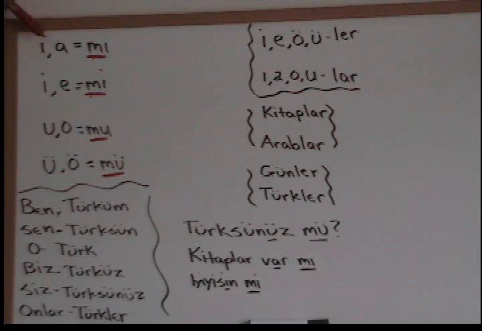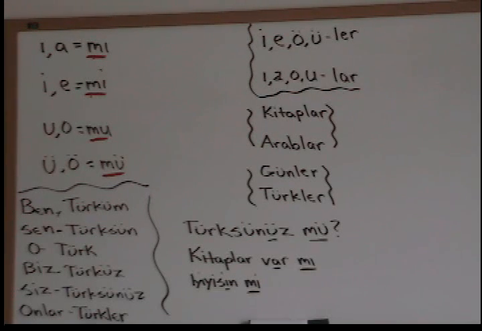All right, so you have I, e, u, o, u, u, u. So this mi here, m, is basically a question. But what you're going to have to do is, it can change according to whatever the letter is at the end of the word, or the letter before the last letter. Then you have to determine if it's going to be a mi, mu, or mü.